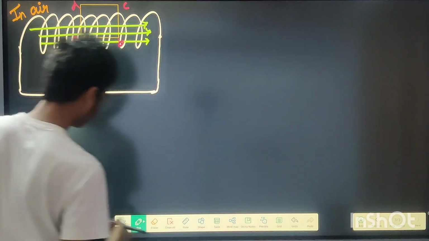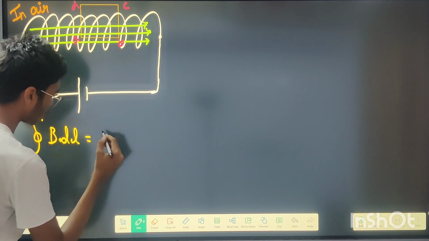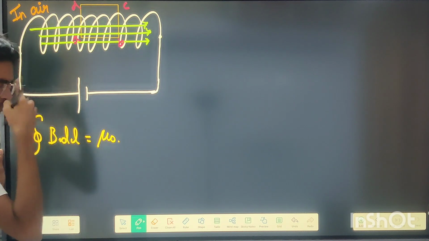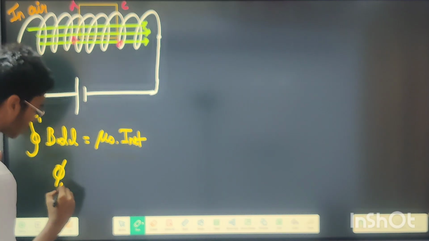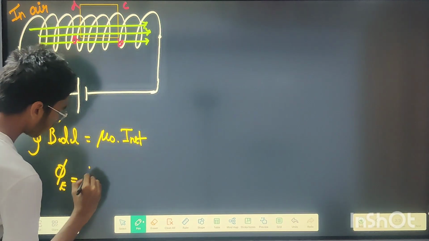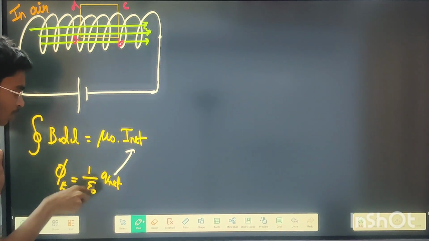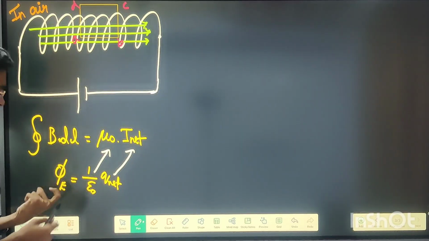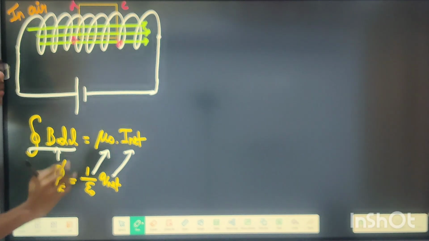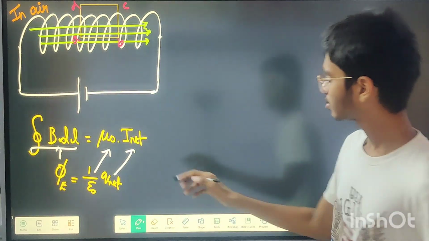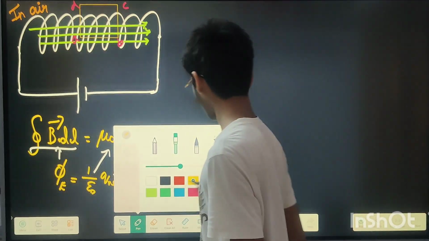Okay, so we know that the line integral of B dot dl is equal to mu naught times the total current, which is very similar to flux. Electric flux I'm talking about. Electric flux is equal to 1 by epsilon naught into q net, where here instead of q net we have I net, instead of 1 by epsilon naught we have mu naught, and instead of electric flux we have the line integral of magnetic field into length, into the length of the total conductor. So, coming back to the concept itself,